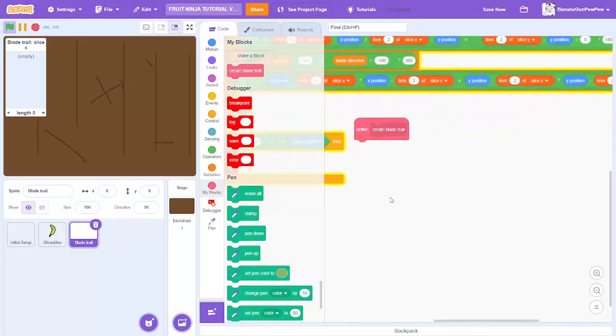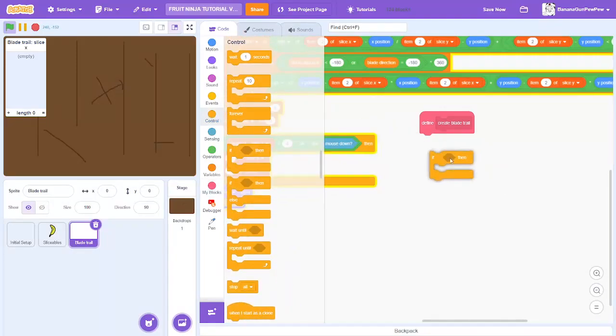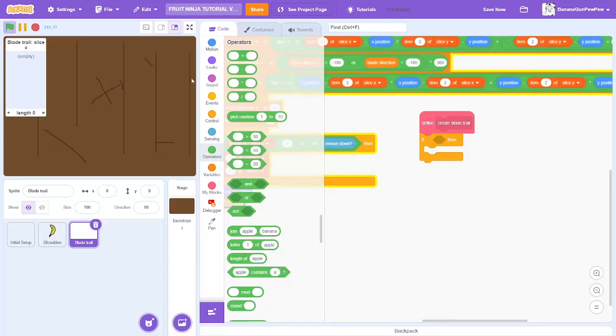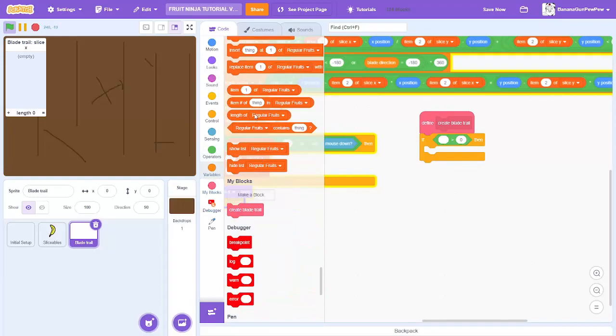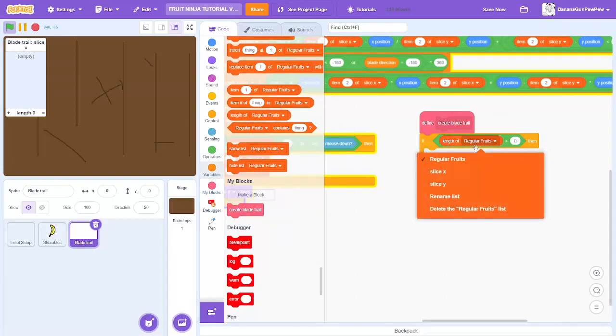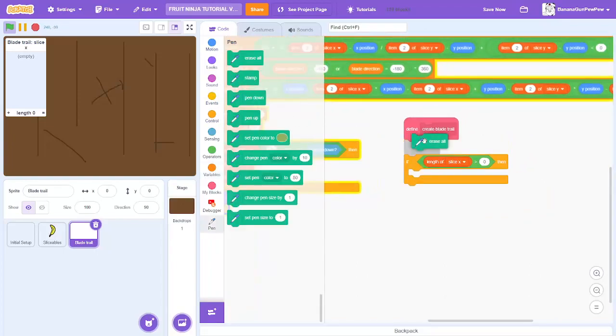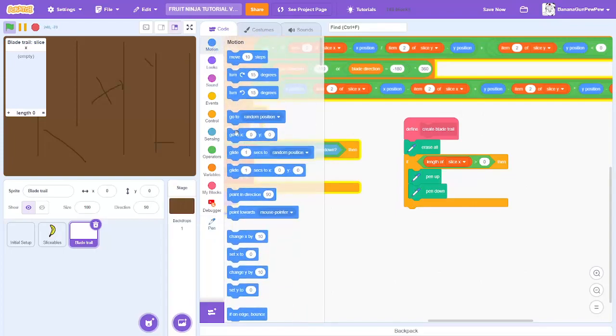Now in your new block, drag in an if block. Put in if is greater than 0, and then put in length of slice X is greater than 0, and then it will do whatever is inside. First, drag in an erase all, and then a pen up, and a pen down. In the middle of those, drag in a go to,